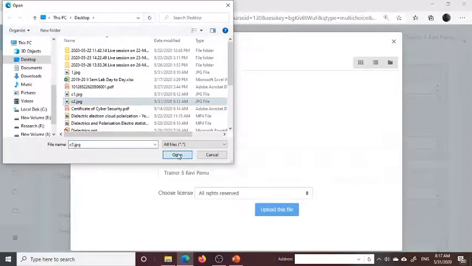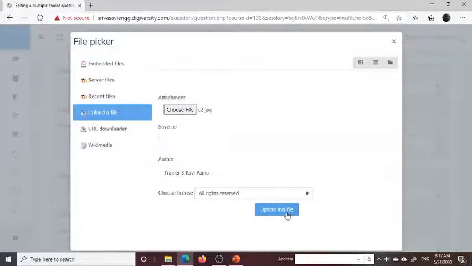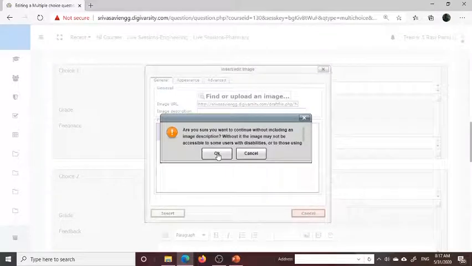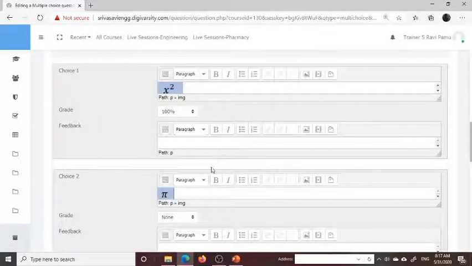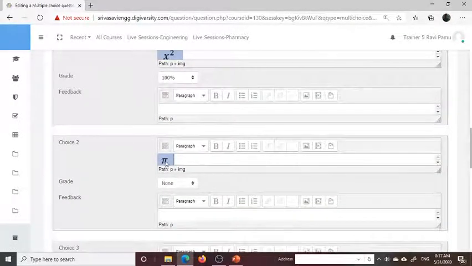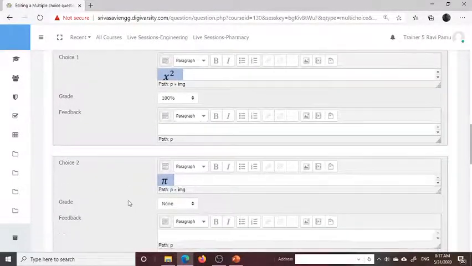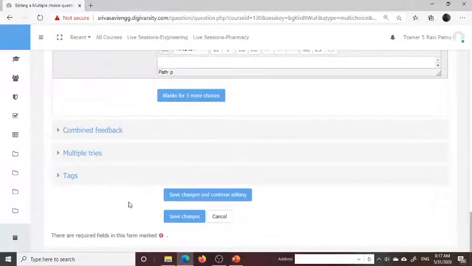C2, option 2. Upload this file. That is the file. This is the second option. Now I will give only 2 options. See, save changes and continue editing.